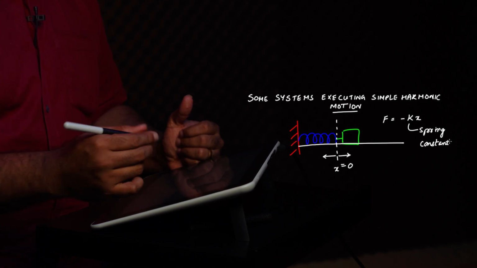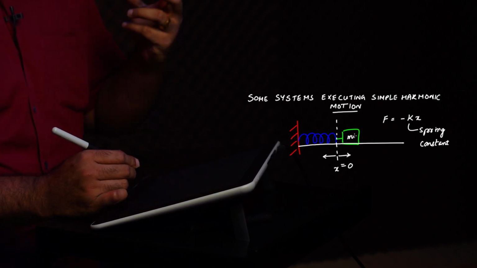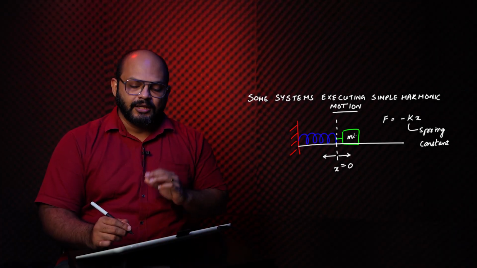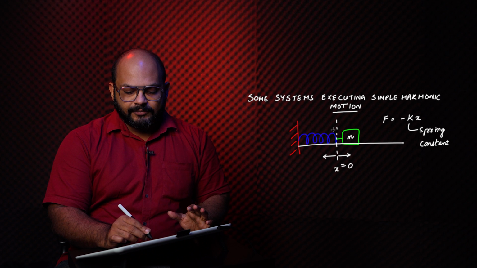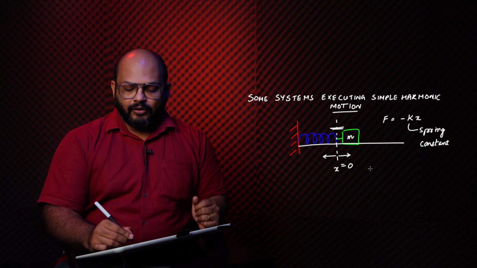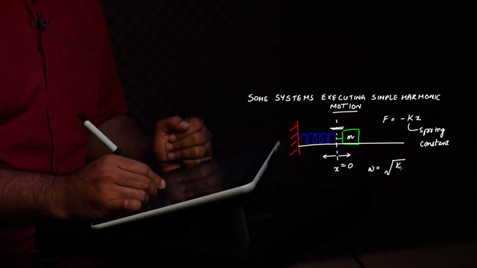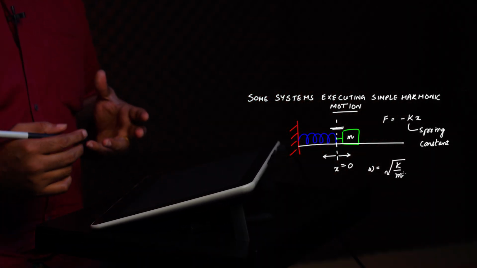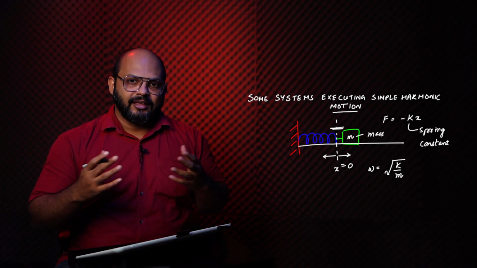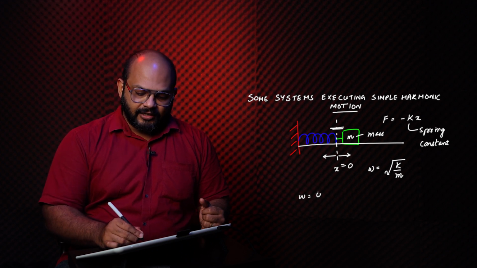He also discovered that if you had a system where we had a mass m and a spring with a spring constant k, and you gave a small disturbance to the system, the entire system would start vibrating back and forth in simple harmonic motion, and the frequency of this vibration would be given as omega is equal to under root k upon m, where m is the mass of this block, and k is the spring constant. We know that omega is the cyclic frequency